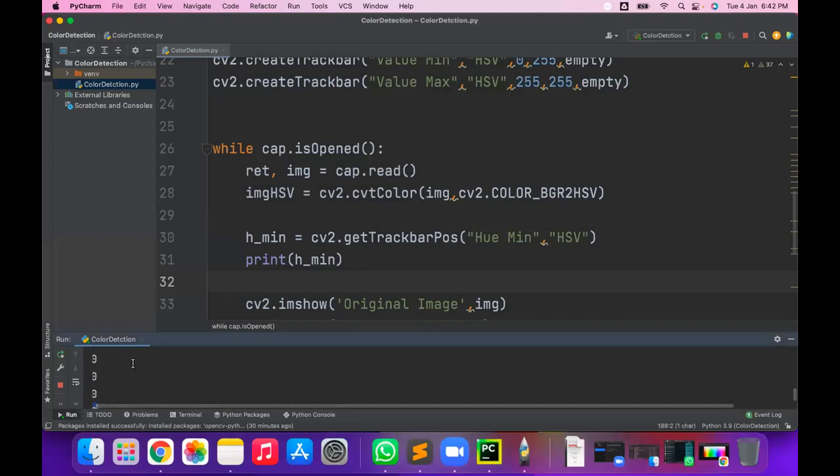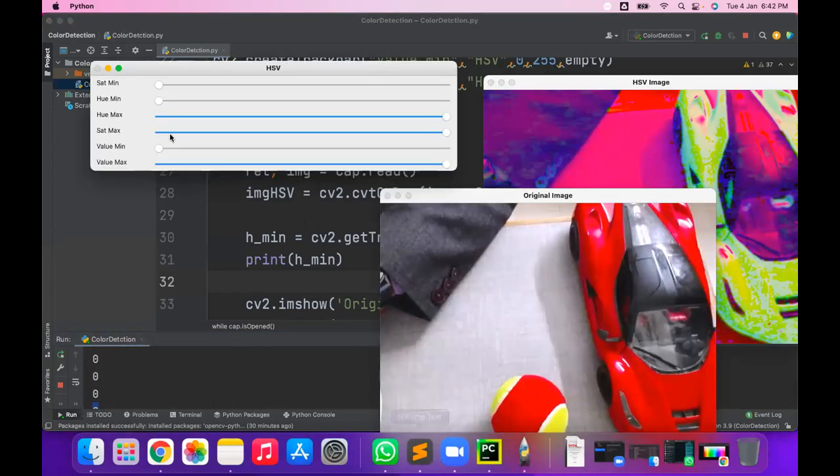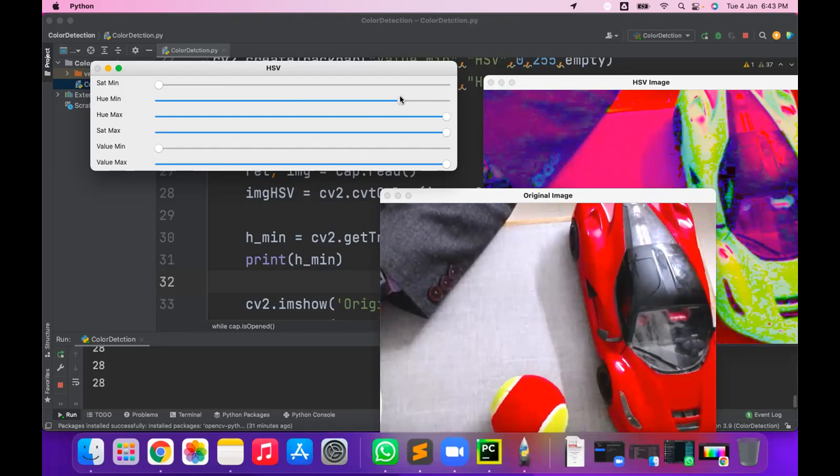I'm getting continuously 0 values. When I vary this umin, the value varies. See, I'm changing it here and it varies. The maximum goes to 179, the minimum goes to 0. So I can change these values umin and umax by using the track bar position.